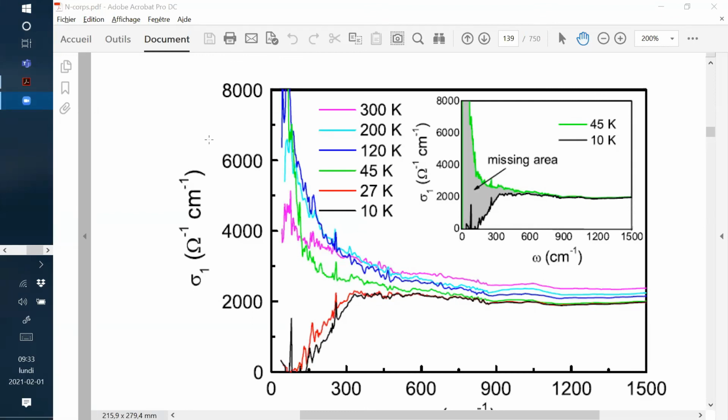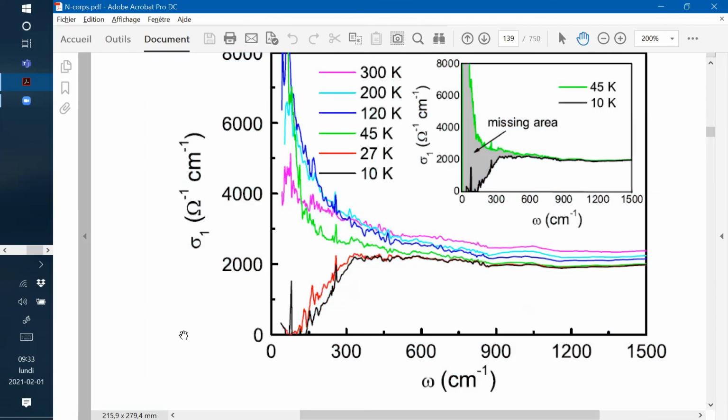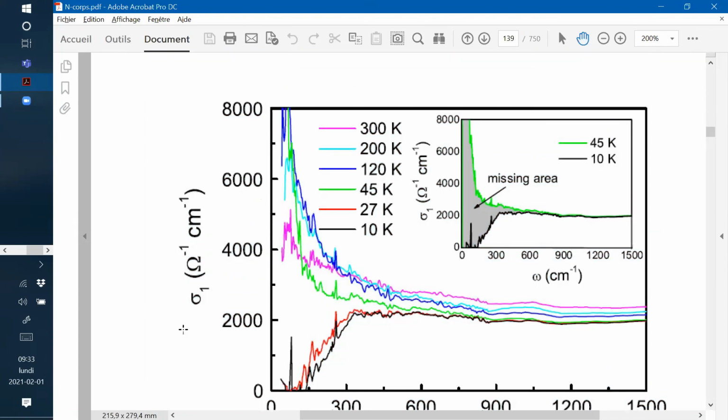Yeah. Okay. So this is the real part of the conductivity measured by infrared as a function of frequency expressed in wave numbers, okay? So this is the conductivity here at high